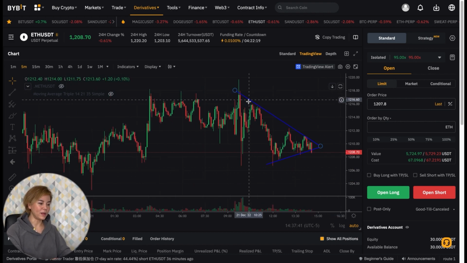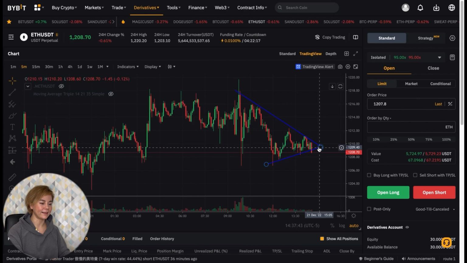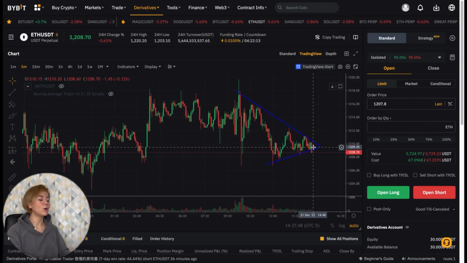Take a look here. When we have such a triangle form, it means that we can go with the